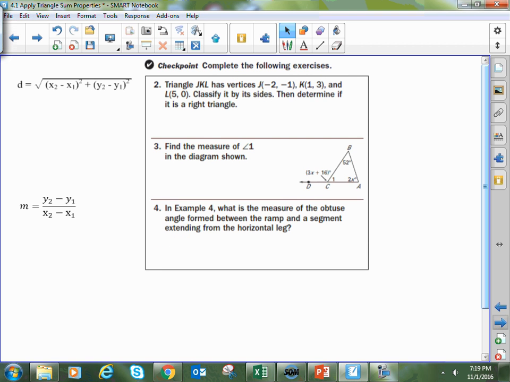Now here, question number 2, this is my favorite kind of question. As a math teacher, this is the one where you have to show me, using the distance formula, are the sides the same or not? And if we look at the slopes to tell if we have a right triangle or not, because we have perpendicular lines. So I'm not sure why they gave us such a small amount of space to write it out,